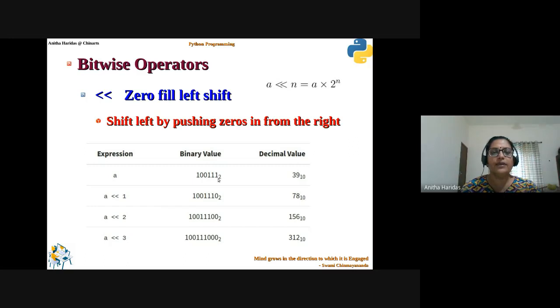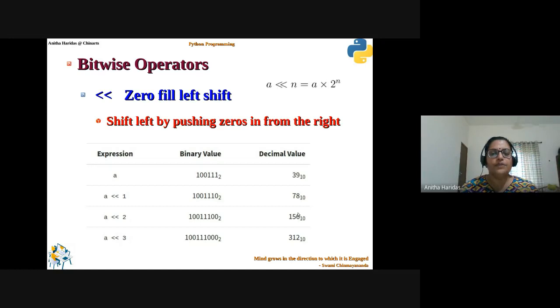So earlier I am having only 6 bits. Now I am going to shift the 6 bits and I insert 0 on the right side. So I'm totally having 7 bits. The corresponding decimal value is also given. Now, suppose I'm going to shift it 2 times, what happens? All these 6 bits have come this way, 1, 0, 0, 1, 1, 1, and 2 zeros are shifted here. Okay. Then suppose I'm going to shift it 3 times, I will have 1, 0, 0, 1, 1, 1, then 3 zeros. The corresponding decimal value is also given here.